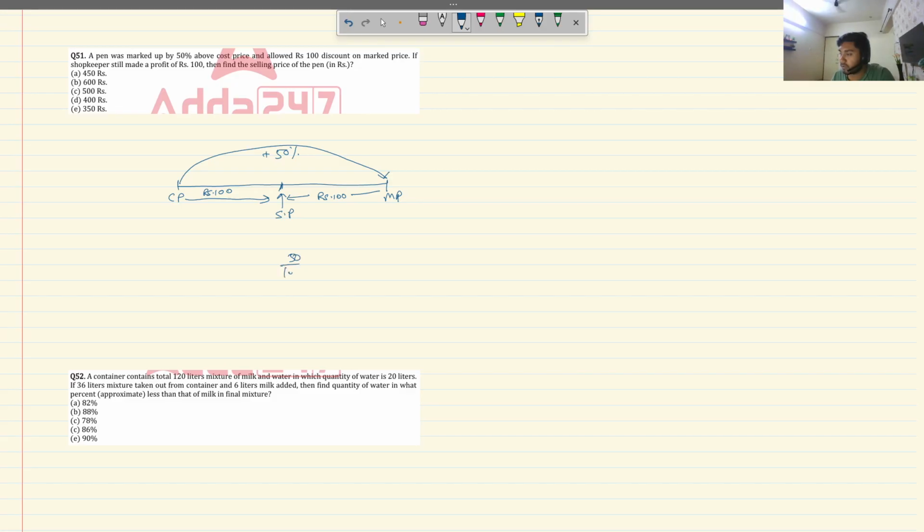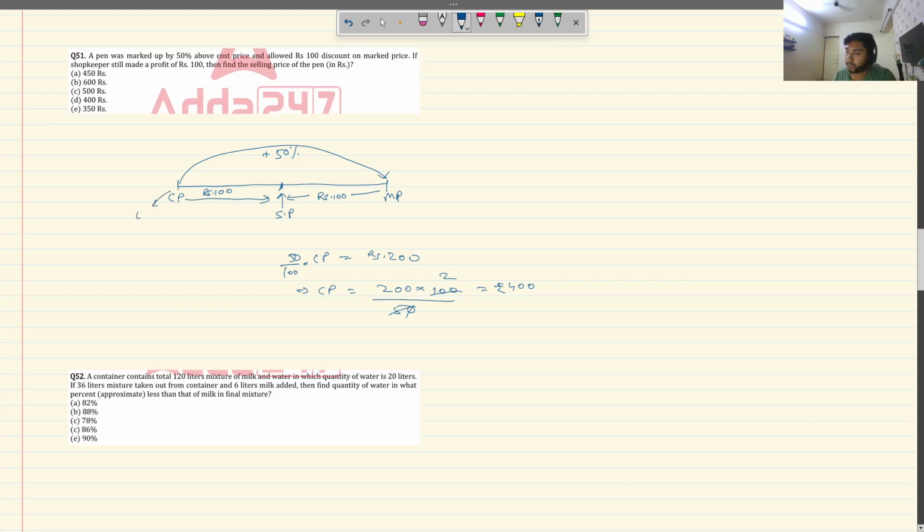दैट मीन्स 50% ऑफ सीपी इज 200 rupees, which means cost price is equal to 200 into 100 by 50. जस्ट कट गया 2, दैट इज रुपीज़ 400. मेरा कॉस्ट प्राइस है 400. पूछा है मेरे से सेलिंग प्राइस क्या है, तो सेलिंग प्राइस क्या है, कॉस्ट प्राइस से